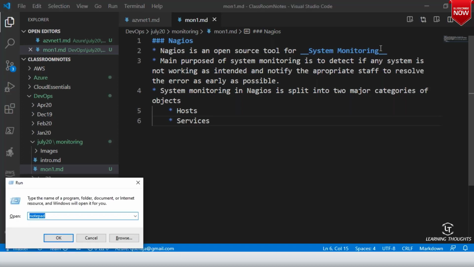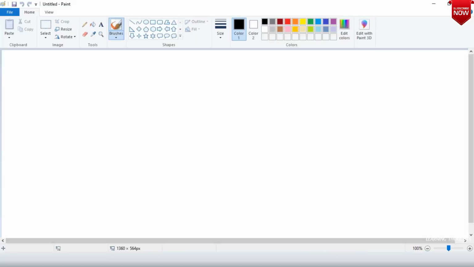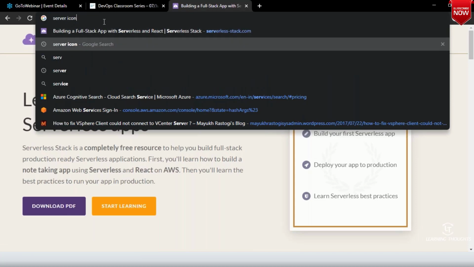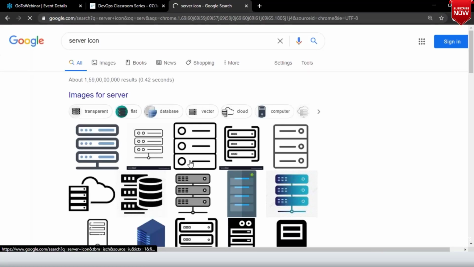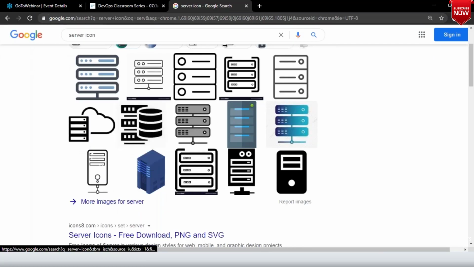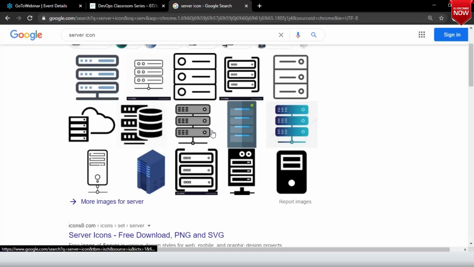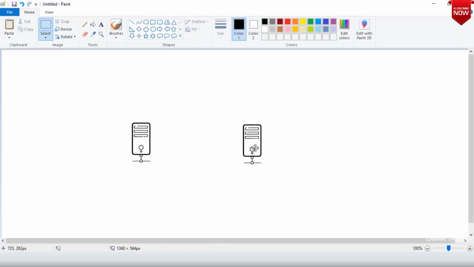So let me try to give a simple example. Let us assume we have a server, and let me put two servers.